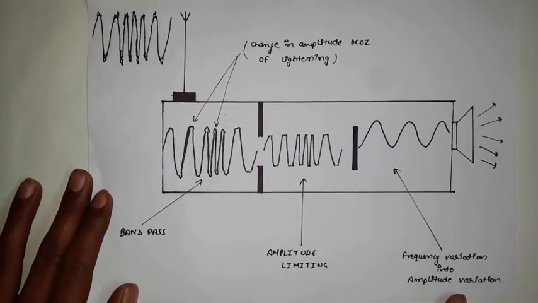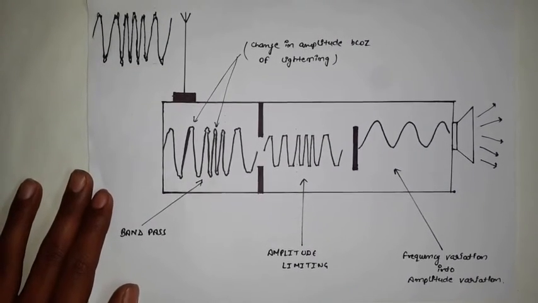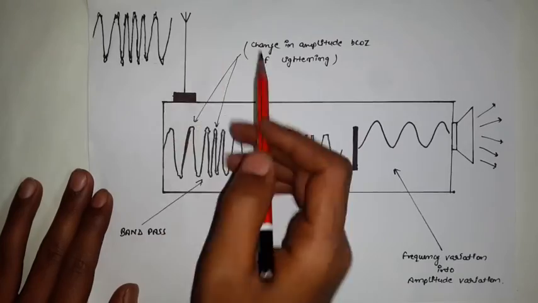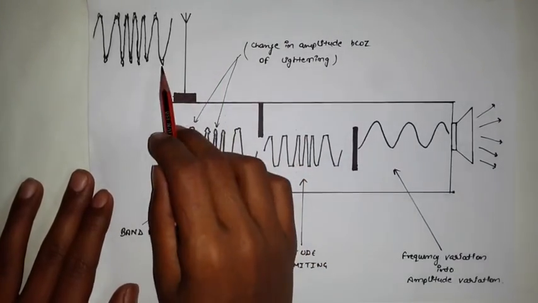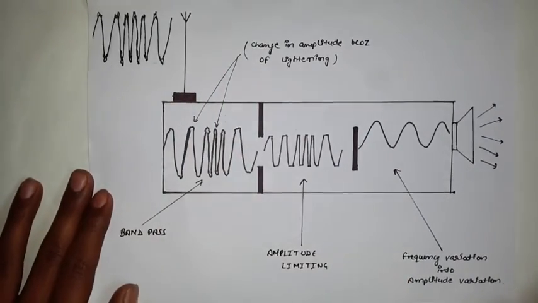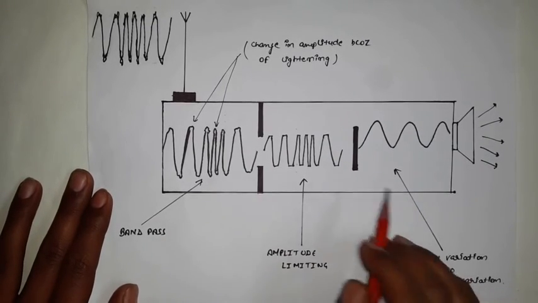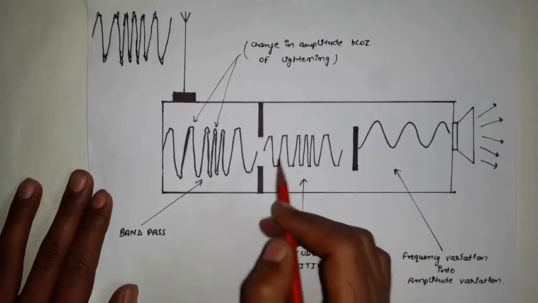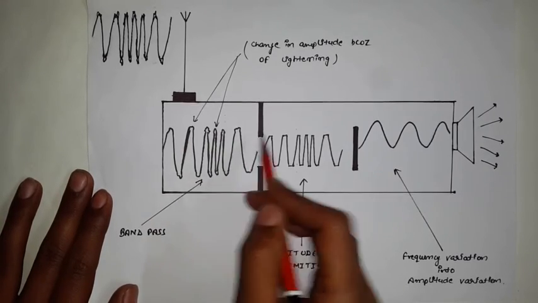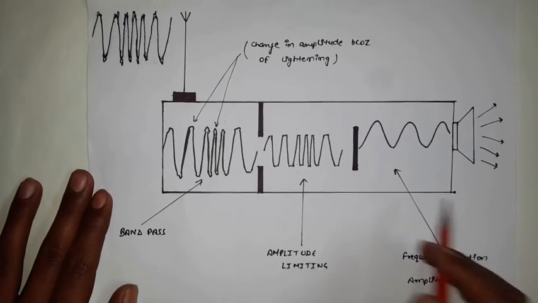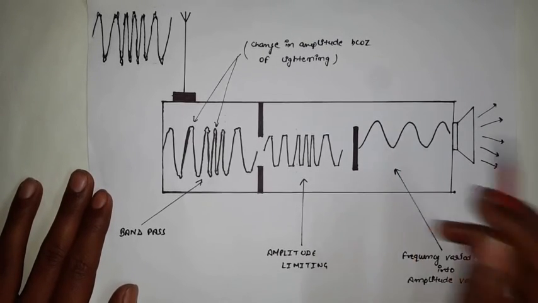Okay, let's have a flashback to what we learned. Let's tune the radio to 93.5 FM and see the processing. The signal is received by the antenna, and then the tuner circuit filters it out of the other signals and passes it to various stages of amplifying. Then the signal finally reaches the limiter circuit, which removes the distortions and clips it, and then passes it to the discriminator, which further changes it to audio signal waves.